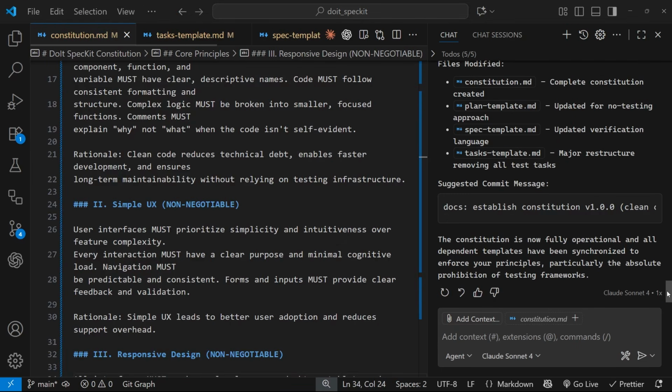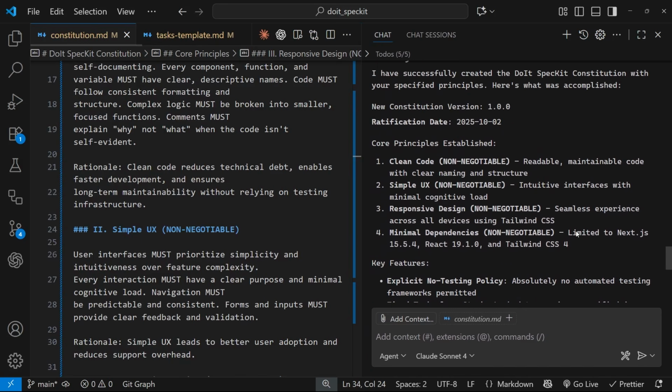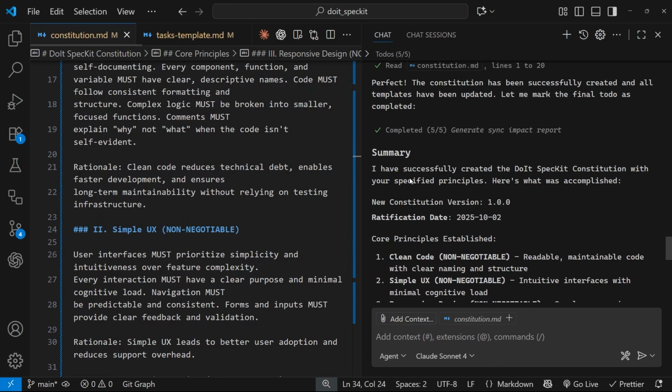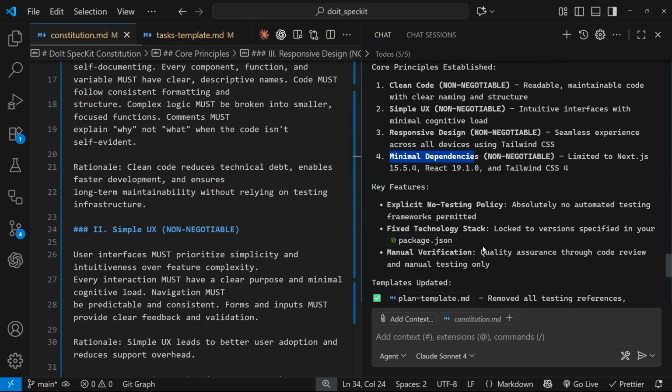Alright, so it looks like it's all done, and you can see the output right here. If we scroll up a little bit, this is the kind of summary. So it says it successfully created the constitution with our specified principles. And down here, it just lists the different principles we gave it. So clean code, simple UX, responsive design, minimal dependencies, and then also it's been very explicit in the no testing